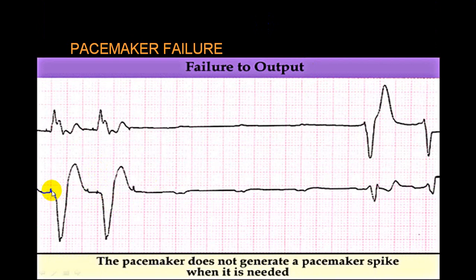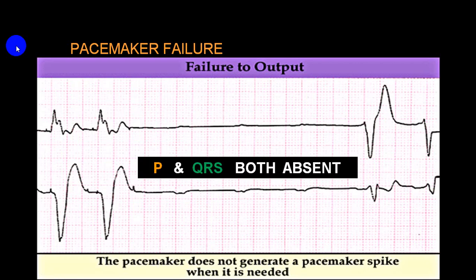This is another thing. You can see a small pacemaker spike. This is dual pacing. This is a ventricular complex because of this ventricular pacemaker spike. Now there is a spike here, but it has not generated any impulse. Means this is a failure of output, or we call it a pacemaker failure. And then there is no QRS complex at all. So this can happen in a pacemaker failure.